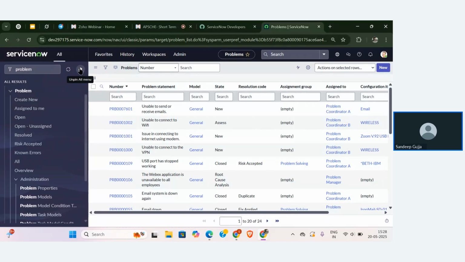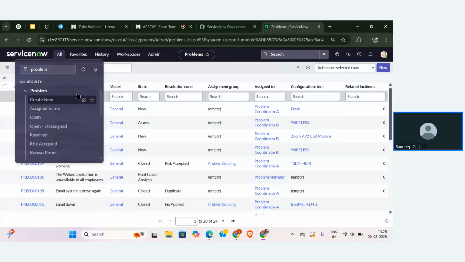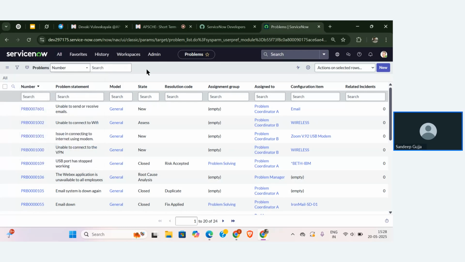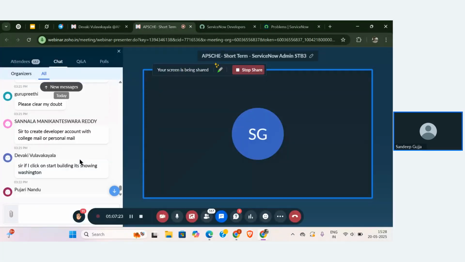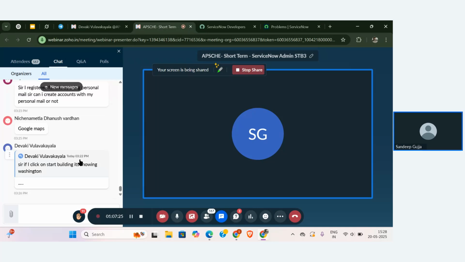If I click to unpin this, what happens? It will be removed. If I want to search for anything, I need to manually click on this All menu, and only then can I search for it. And I can see the content in the entire content frame. It is not restricting the screen, so you can see the entire content frame without including the navigation that you are opening. Okay, got the idea, guys, how this pinning is working?